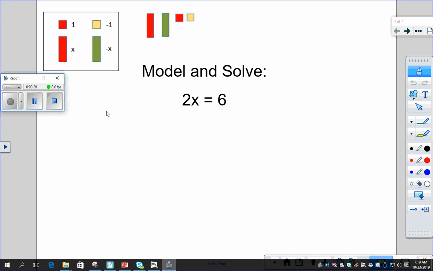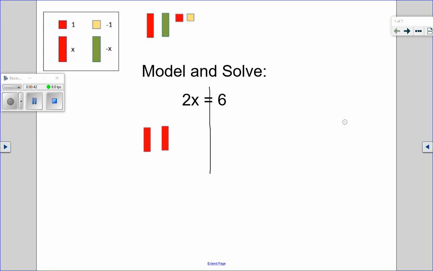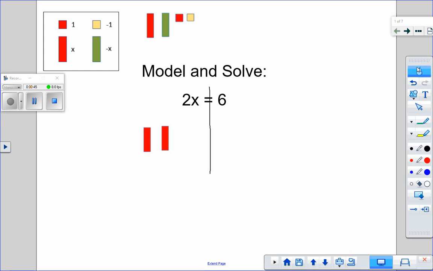Okay, here's what you're going to do. The first thing you need to do is represent 2x. So you should have used 1, 2. I'm going to draw my line going down. Okay, then what you need to do is you need to get 6 onto the other side. 1, 2, 3, 4, 5, 6. So now what you need to do is you need to do something with these two